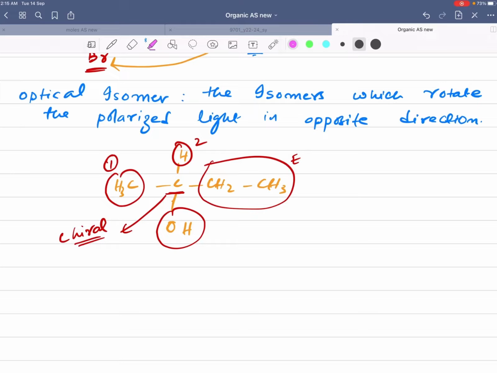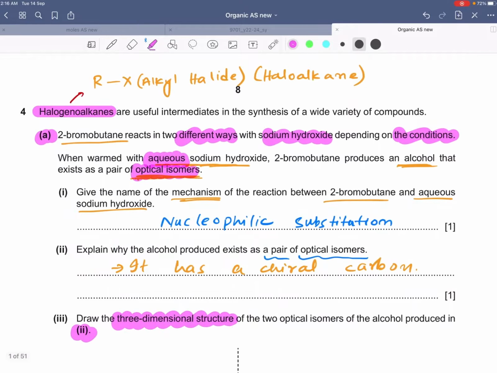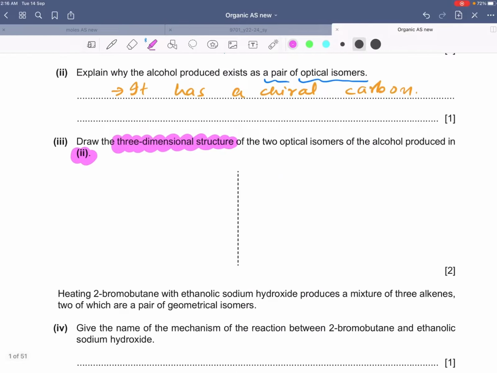So whenever a question came on optical isomers in past paper, generally they ask you to draw the 3-dimensional structure. So you have to practice this one. You have to get this idea of how to draw the optical isomers, and this is pretty simple. All you have to do is just memorize this thing, that whenever we are drawing the optical isomers, 2 of the bonds would lie on the same plane. So let's suppose these straight lines or these unbroken lines, they represent the bonds on the plane, right? So these are the bonds on the plane,